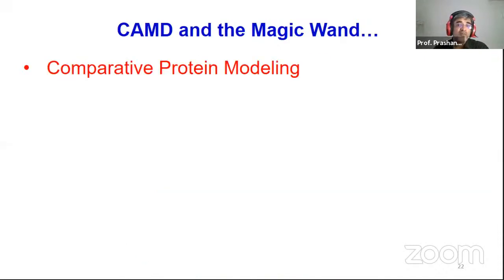So that's where people talk about comparative protein modeling or homology modeling. This is particularly done for proteins for which the three-dimensional structure is not available. Say, something like a membrane protein, because the moment you take the protein out of the membrane, its three-dimensional structure collapses, and you are not able to determine it. But with the help of cryo-electron microscopy, it is now possible to a great extent. Nonetheless, comparative protein modeling or homology modeling is still a challenge by today's standards.